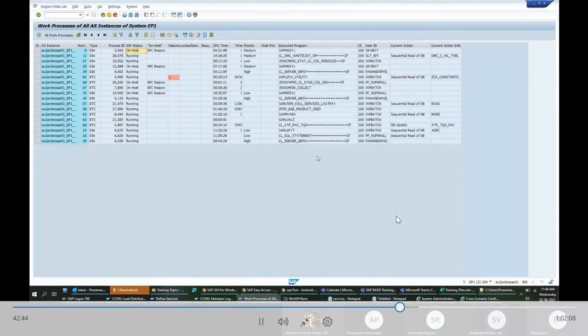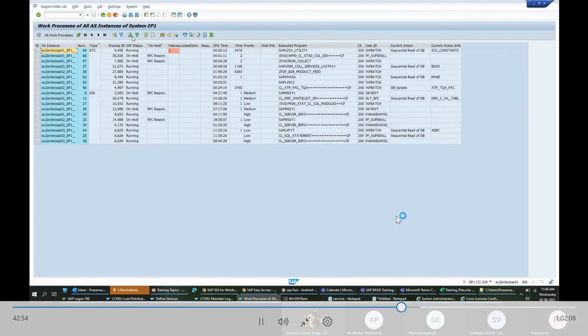Okay, I'm just filtering this. See, there are 1, 2, 3, 4, 5, 6, 7, 8, 9. So this many background processes are running, meaning they are background jobs.